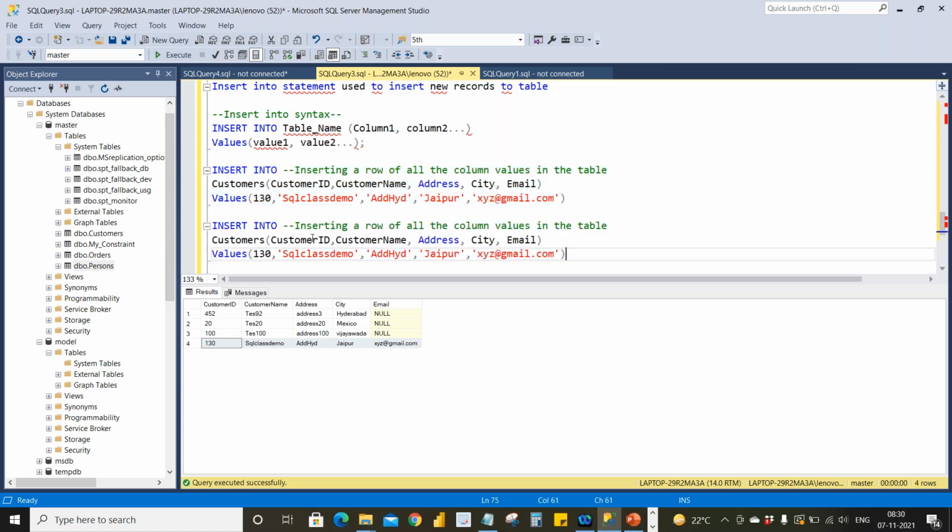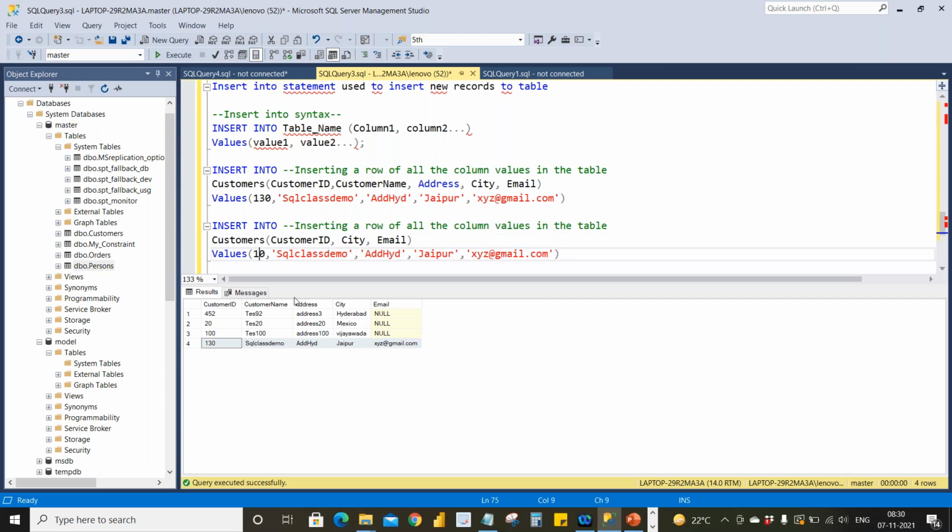So I want to insert customer ID, city, email. I want to insert only these three.